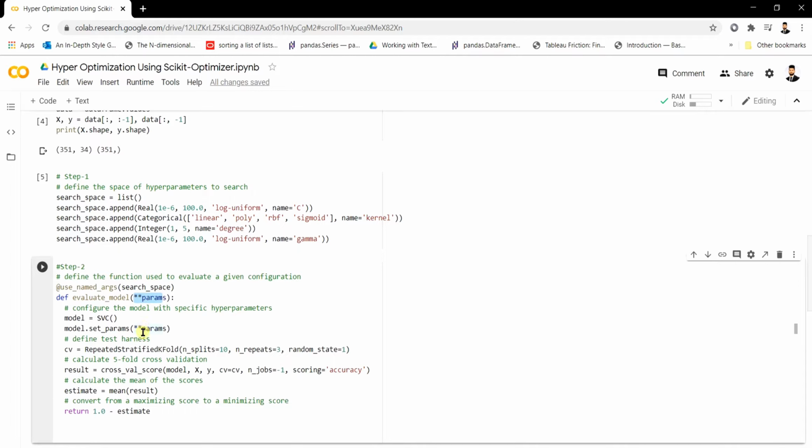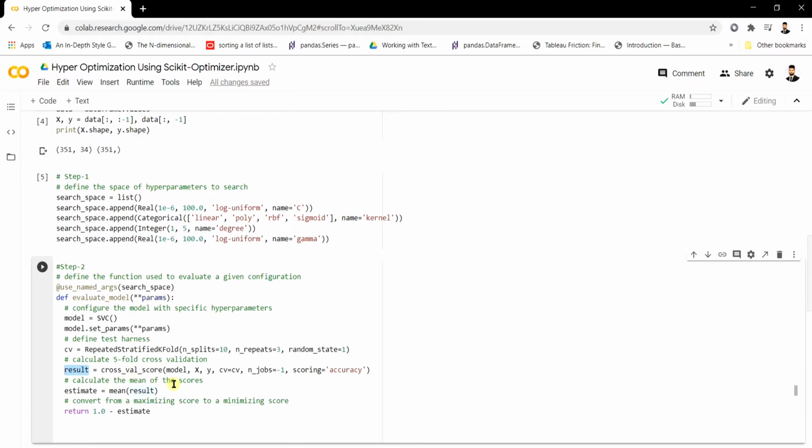So the model is set with all those parameters which you provide. We're going to use repeated stratified k-fold with n_splits equal to 10 and n_repeats equal to 3. Finally we're going to use cross_val_score, putting the model here with the data, and passing the repeated stratified k-fold with the scoring parameter accuracy.